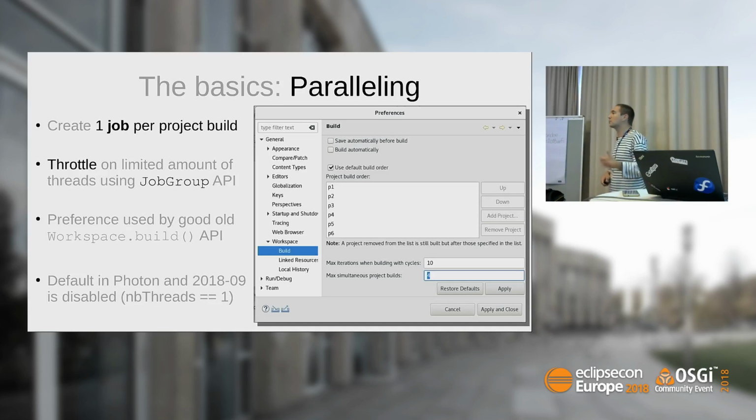The default is still 1 thread. At the moment, we don't enable parallel builds by default in the Eclipse IDE until we are sure it's safe. And that's what we're currently doing, and I'll get into details of how we try to guarantee that to change it soon. So that's what is in Photon and that you can already use.